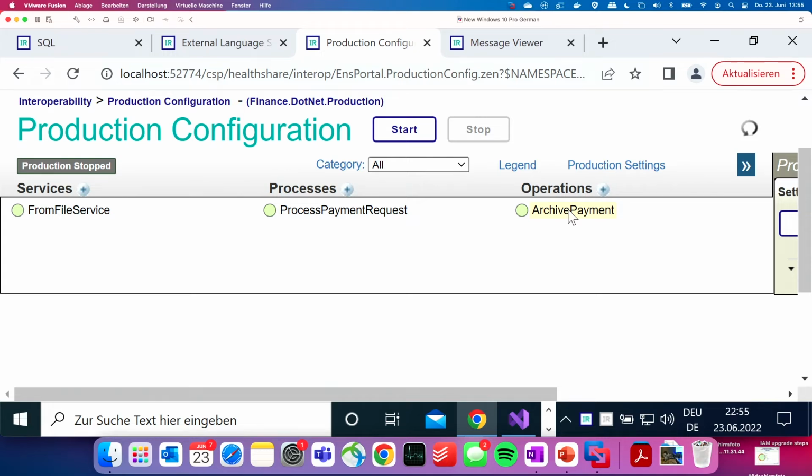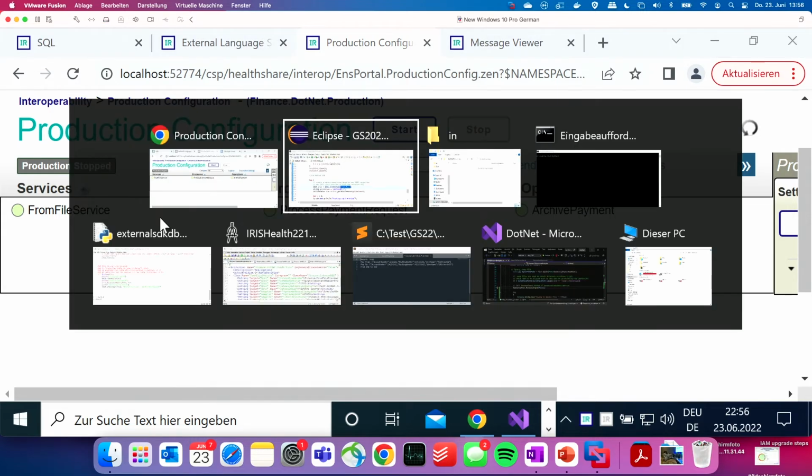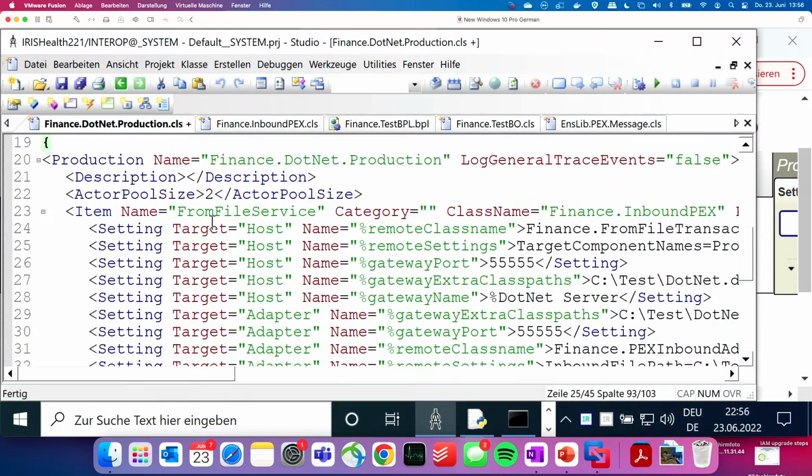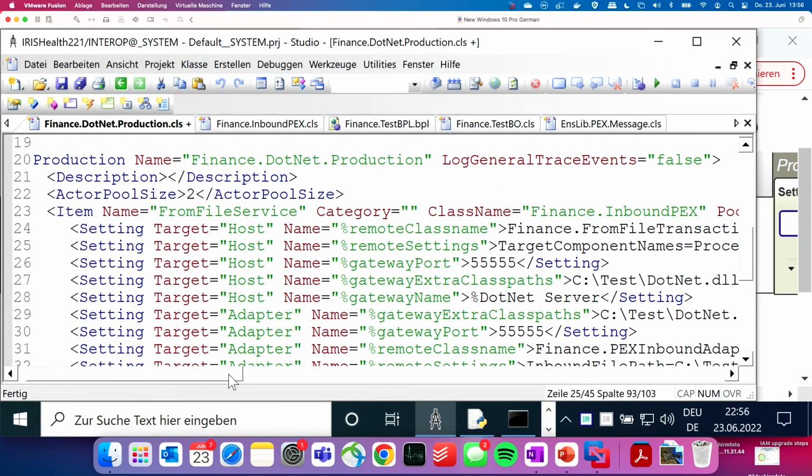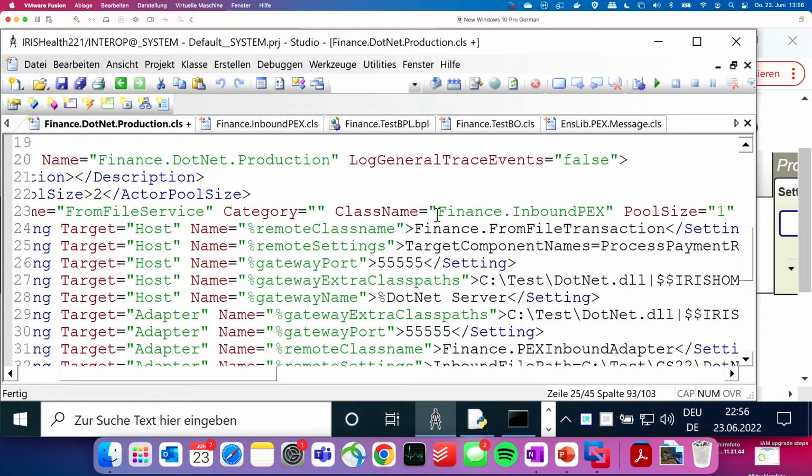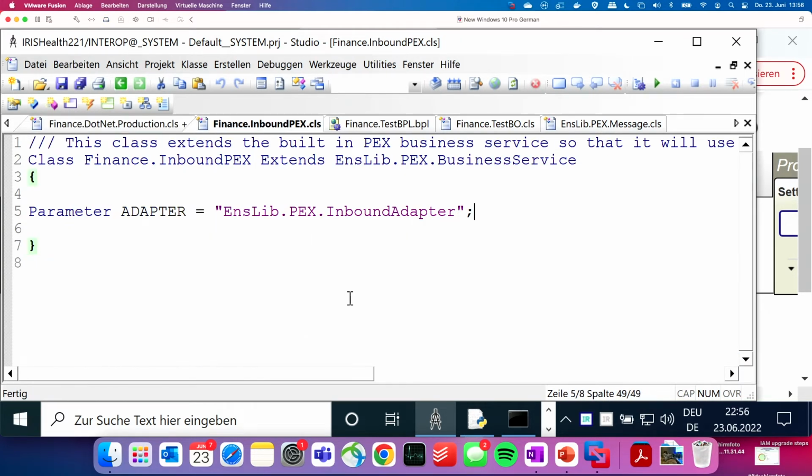Okay, nothing too complicated. If you're taking a look at the from file service, because of the resolution, I'm going to do this in Studio. It's easier to see. You can see the class name for this is finance.inboundpacks. And the class for this really looks very simple. It's extending nslib.packs.businessservice.